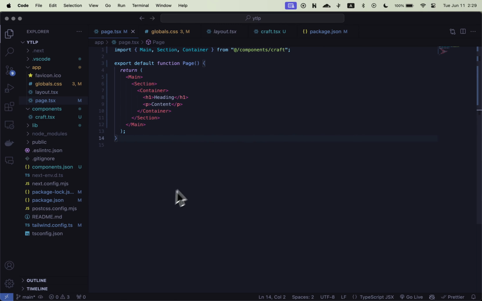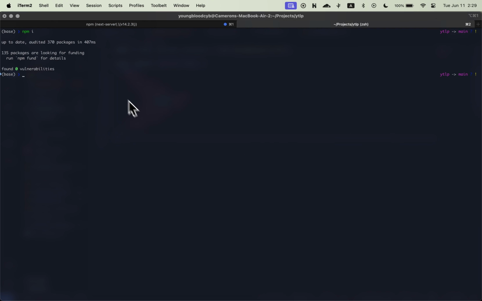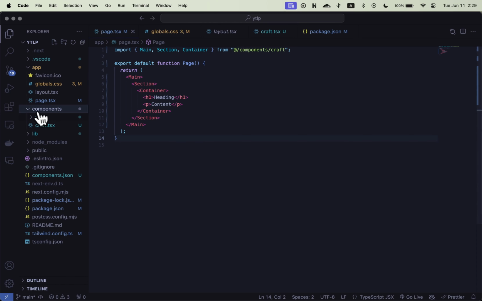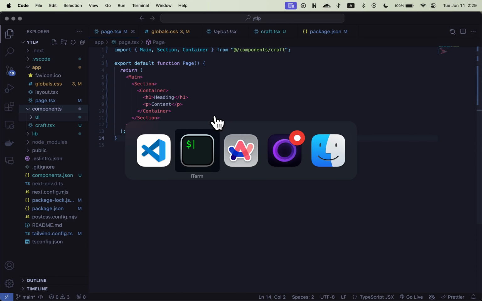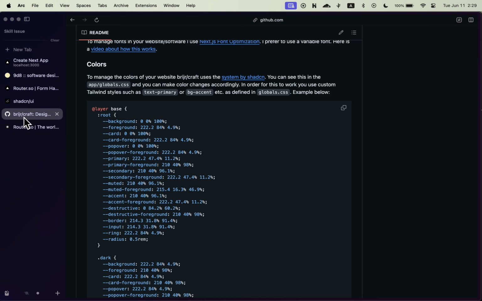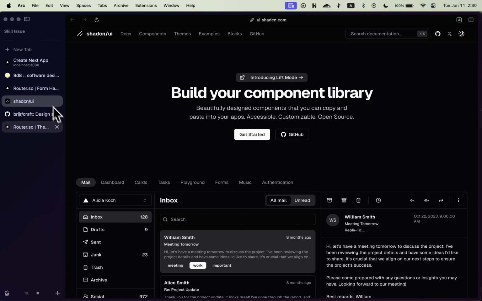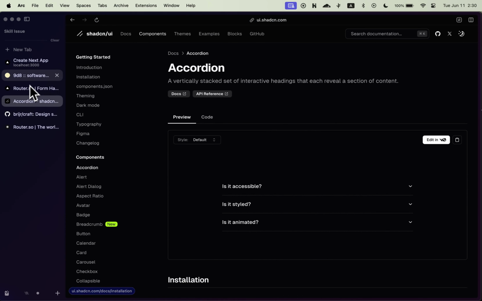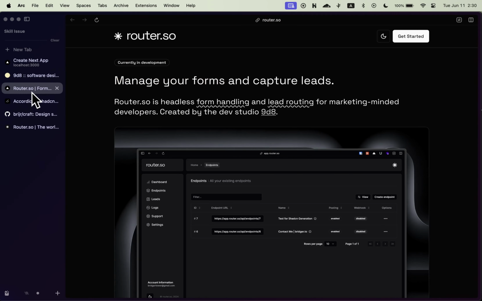Let's see what components we have. We don't have any components for shadcn. I'm just going to go ahead and add all of them. So that'll just work in the background, and we'll start to see them flow into here. While we're doing that, I think I'll leave this open for now. We're going to come back to the shadcn components, but for now, let's go to